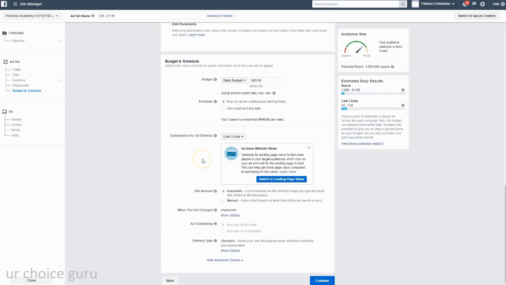Next up, let's talk about optimization for the ad delivery. This is very cool and very important. Facebook has recently wised up to the fact that a lot of clicks that people pay for don't actually turn into real website views. So let's read through this really quick just so we understand. Facebook allows you to optimize now for landing page views to find more people in your target audience who will click on your ad